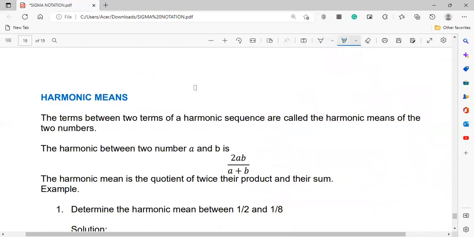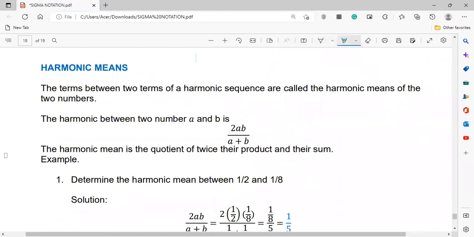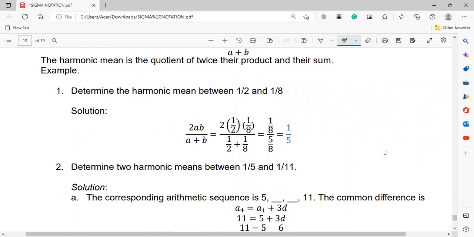Okay, meron din tayong tinatawag na harmonic means. Ang harmonic mean between two numbers a and b is 2ab over a plus b. Okay, the harmonic mean is the quotient of twice their product and their sum. So let's try number 1. Determine the harmonic mean between 1/2 and 1/8. So the harmonic sequence 1/2, 1/8. Okay, by substitution, we can have